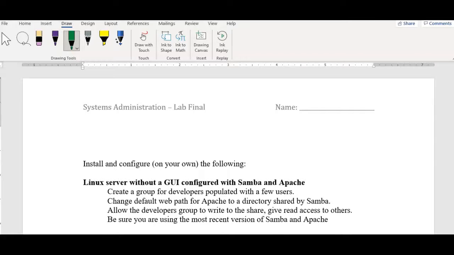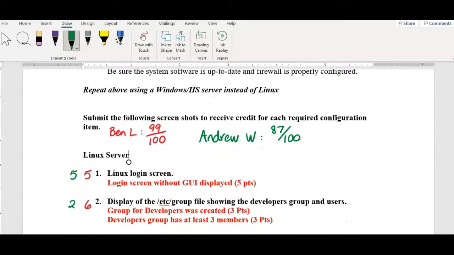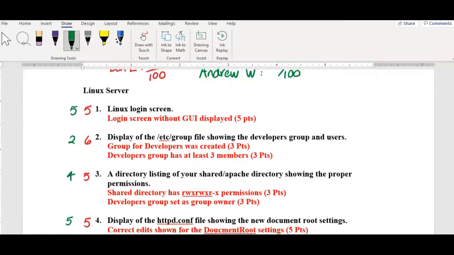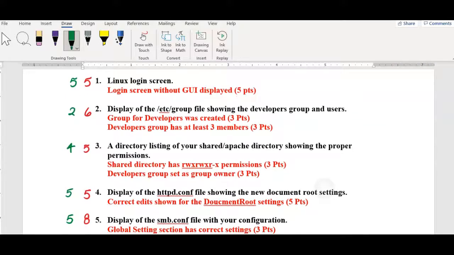For this assignment, I was tasked with taking 2 sample student works for their final signature assessment and grading them based upon what was expected of them. So the first student submission was a gentleman named Ben, and based on what he presented, I scored him at a 99 out of 100. His classmate, Andrew, however, only earned an 87 out of 100 because he had a few more errors that I detected. So looking at each piece of this rubric and what's expected with the screenshots, you can see, starting with